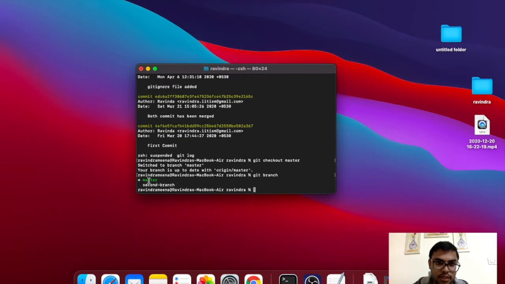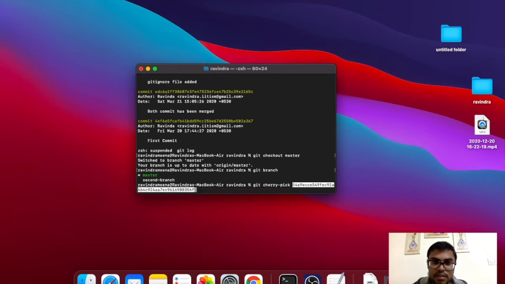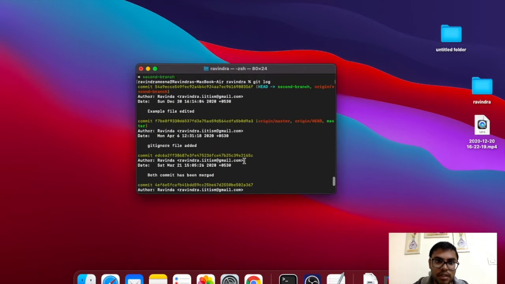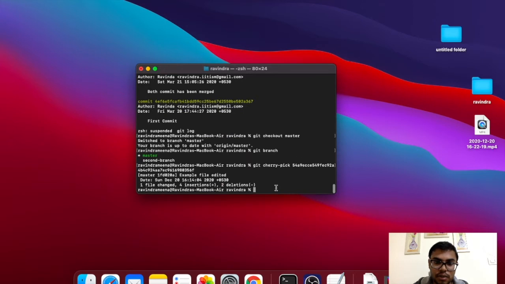Type git cherry-pick and paste the commit hash. Hit enter. It shows one file changed, 4 insertions and 2 deletions. This means that this particular commit has been added to the master branch.